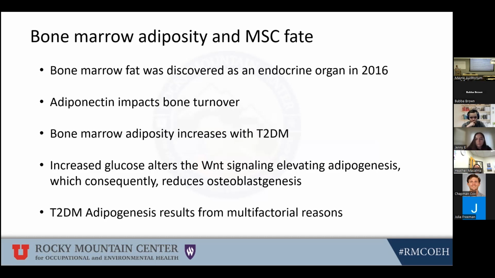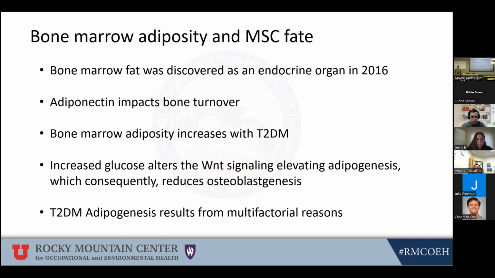Bone marrow adiposity increases with type 2 diabetes. So you have more fat in your bone marrow with type 2 diabetes. And this increased glucose alters the Wnt signaling, which consequently reduces osteoblastogenesis and increases adipogenesis. And so,